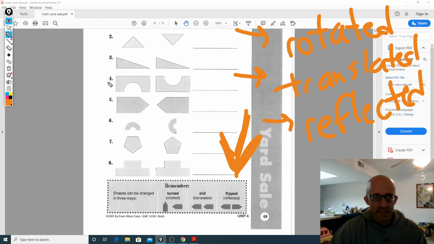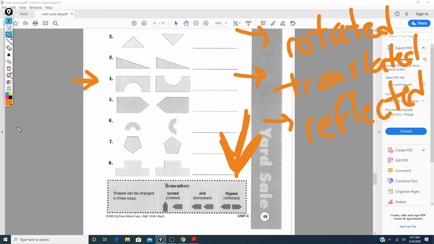But in this instance, say number 4. You look at number 4 and you say, well, was it slid? Did 4 slide? Did 4 get reflected, or did it get rotated? And the thing is, when it comes to number 4,